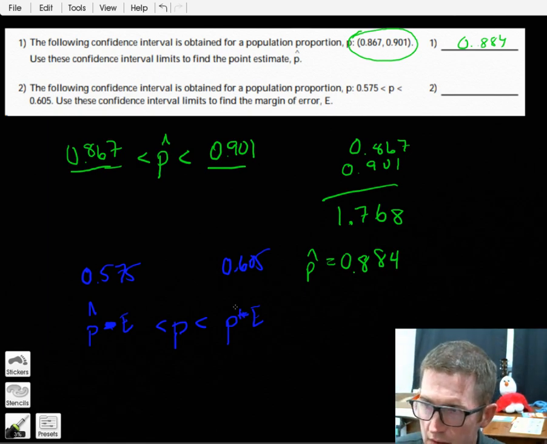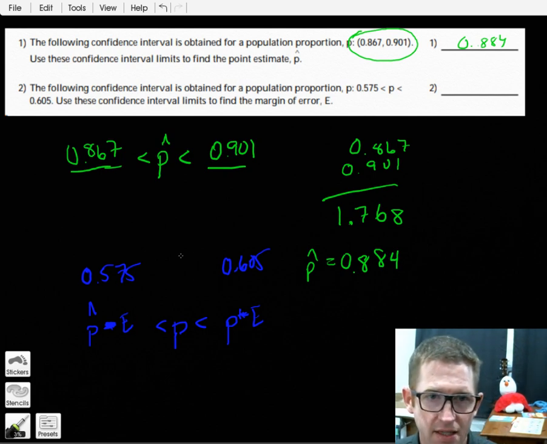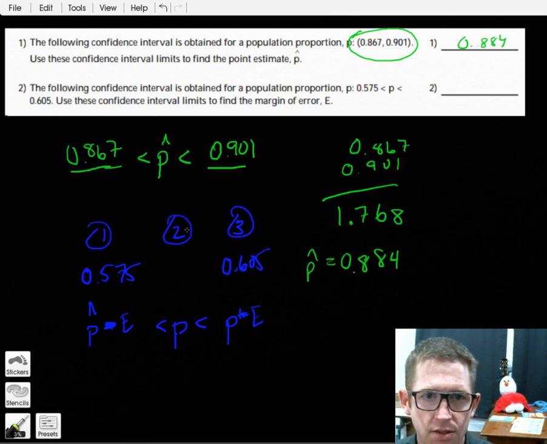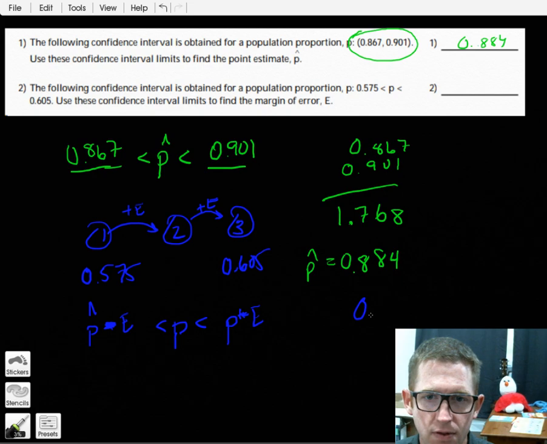So that being said, to find the margin of error, what you have to do is subtract the two numbers and then divide by 2. Because essentially, I'm going to call them 1, 2, 3, like 3 steps, right? To go from 1 to 2, I add e, and to go from 2 to 3, I add e. So between 1 and 3, there's 2 margins of error, essentially. So I take that difference,